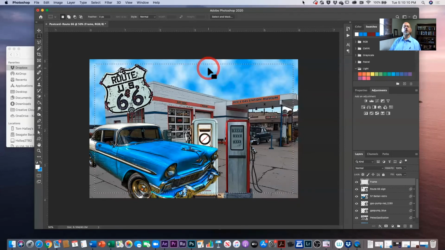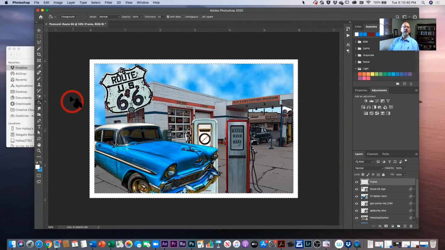if you remember back to our selection tools, what do we know about our selection, our marching ants that are right here? Without any others, that's going to fill the inside of that marching ants area. So what I want to do is go to select and inverse. Now we see two sets of marching ants all the way around. That tells us the outer area is what's going to work for us. I'm going to choose my paint bucket, come right in here and select, and there we have a nice little border around our image. Makes it look a little bit more like a photograph that has been printed on a